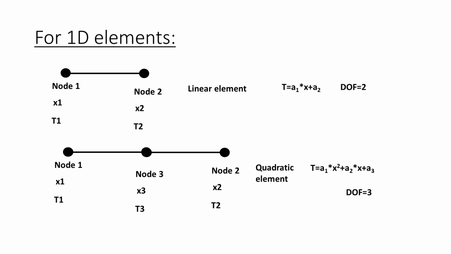Kindly notice that the degree of freedom which has been illustrated here has been written on the assumption that there is only one unknown for every node. There are plenty of cases, in fact for the majority of cases, where the number of unknowns happens to be more than one for every node. For example, in the example which we are going to take in the next slide,